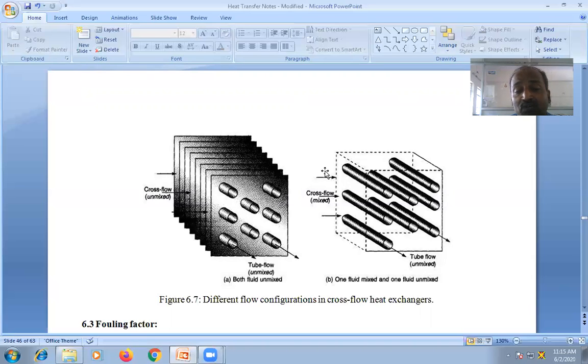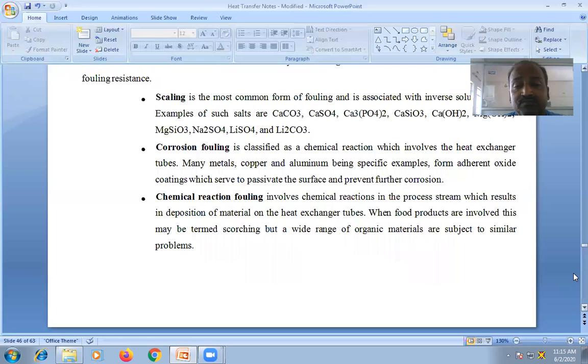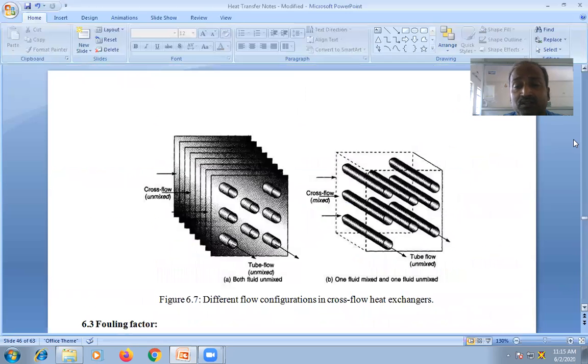Here you can see one fluid is mixed, but another fluid is not mixed. It is passing through the tubes. So one fluid is mixed and one fluid is unmixed. So many permutations and combinations are there in this arrangement. You can visualize. So therefore, these are the various major types of heat exchangers, and it appears for 7 to 8 marks